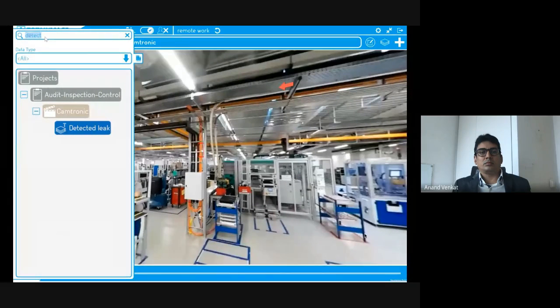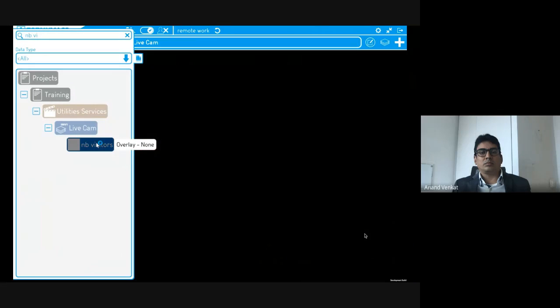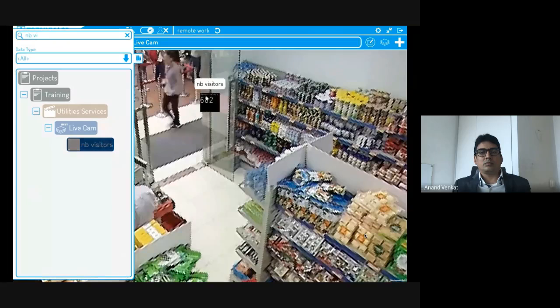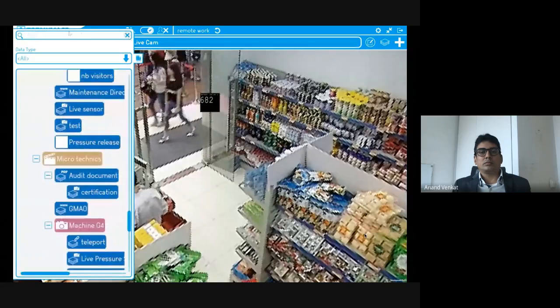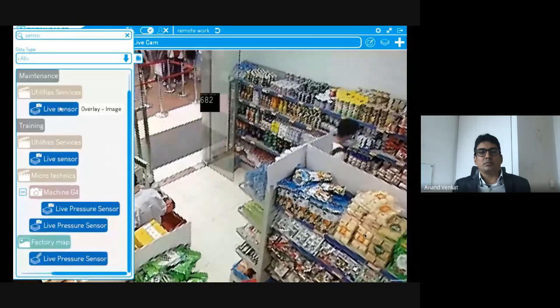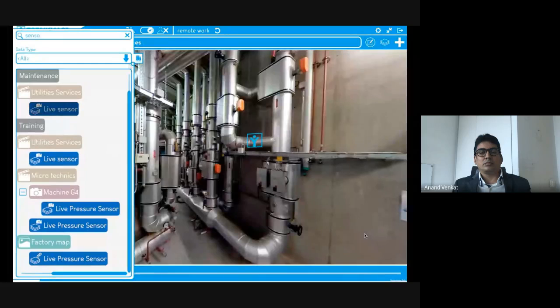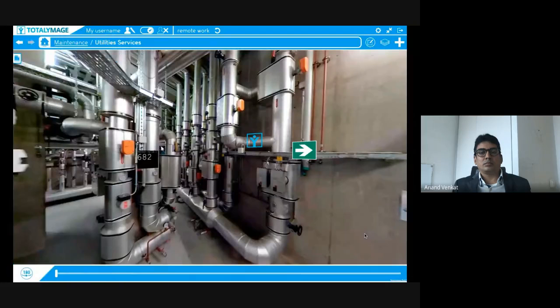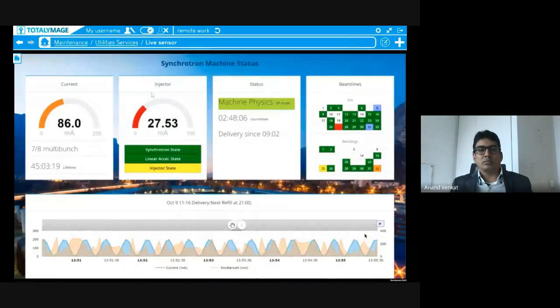We could go also to real-time live camera and actually get access to real-time data. Data could be also from sensors. In the same way, somebody could actually get access directly to a sensor and to the analysis of a certain